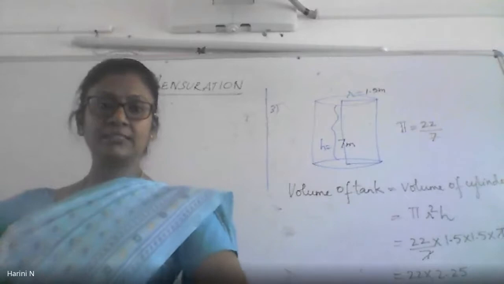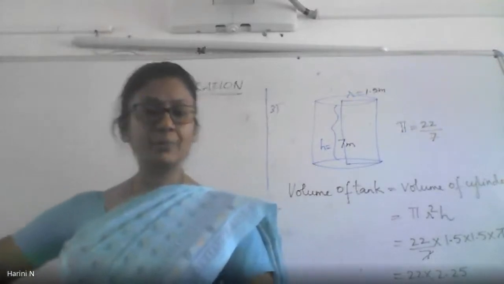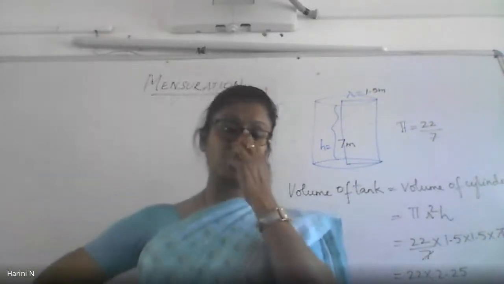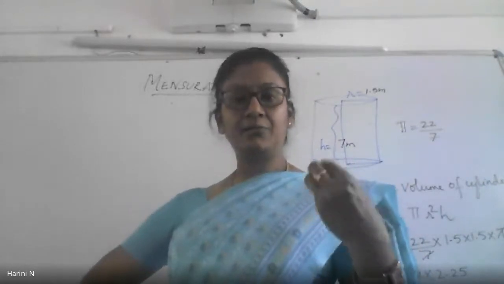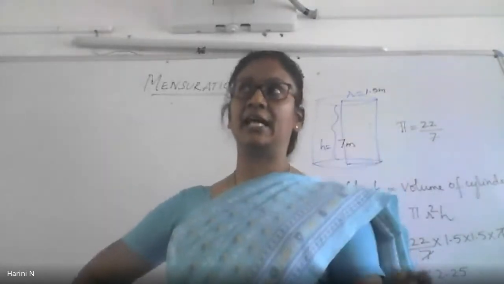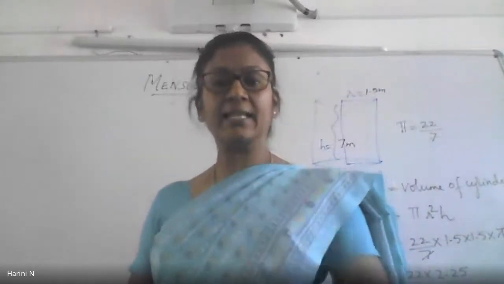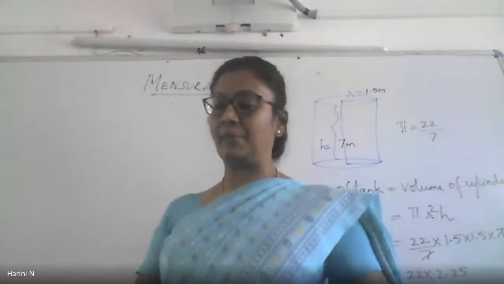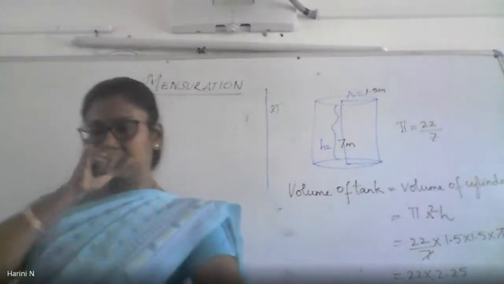We know that the sum of the exterior angles of any given polygon will be equal to 360 degrees. So if the exterior angles are known, you can find out the number of sides of the polygon. Or if you are given the interior angle, you should know how to find the exterior angle and then substitute it to find out the number of sides. Like for example, are you on page number 44? Yes, ma'am.